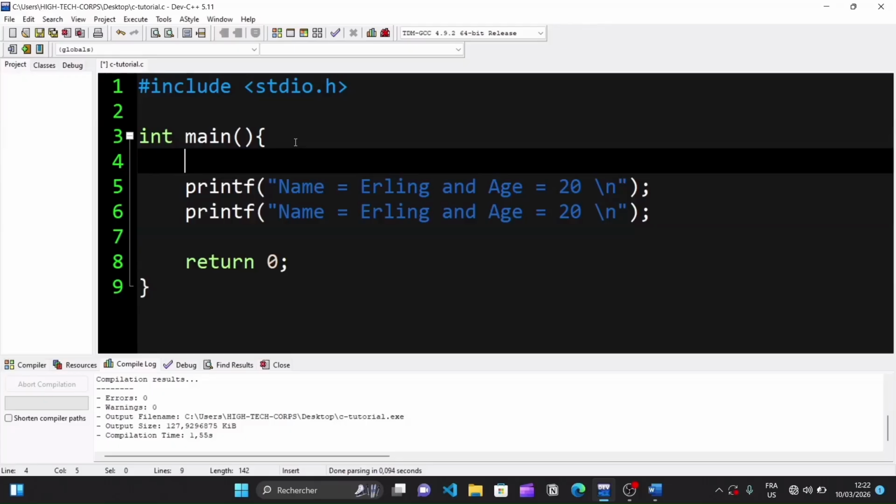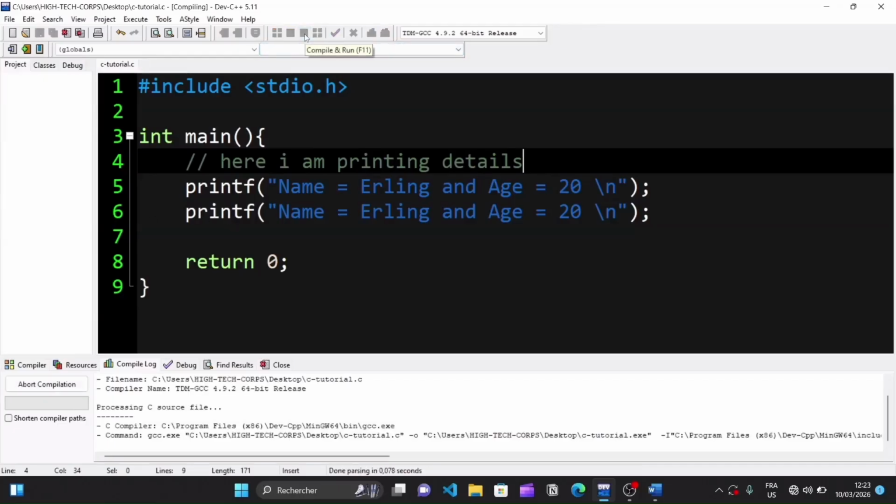In order to specify that something is a comment, you indicate it by writing 2 forward slashes before the comment, and you can see this becomes green already because Dev C++ changes comments to a different color. And now I can write anything that I want. So my comment says, here I am printing details. Let me spell here very well. This explains what I am doing in this particular moment in my program. And if I run the program,